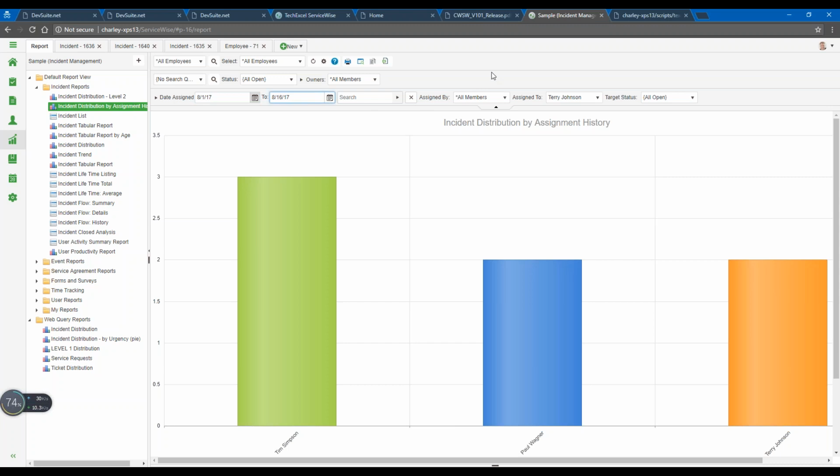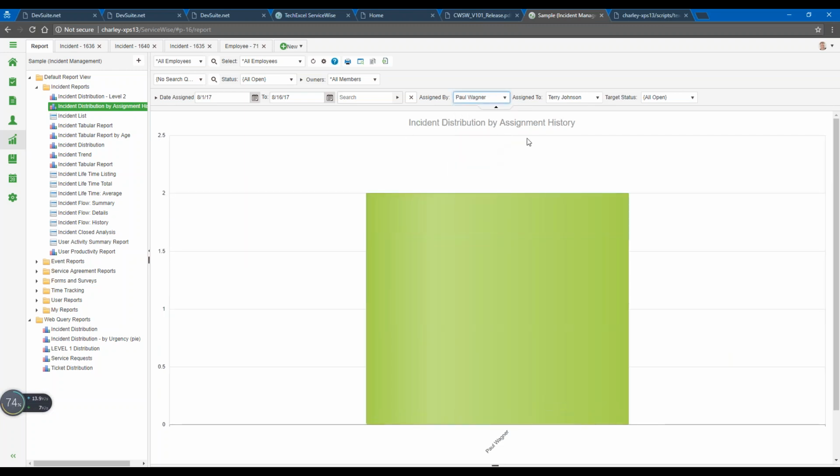For example, I'm logged in as Terry Johnson here. I can look at all incidents that are assigned to me, or maybe for a specific user. I want to see how many incidents are assigned to me into either a group of states or a specific